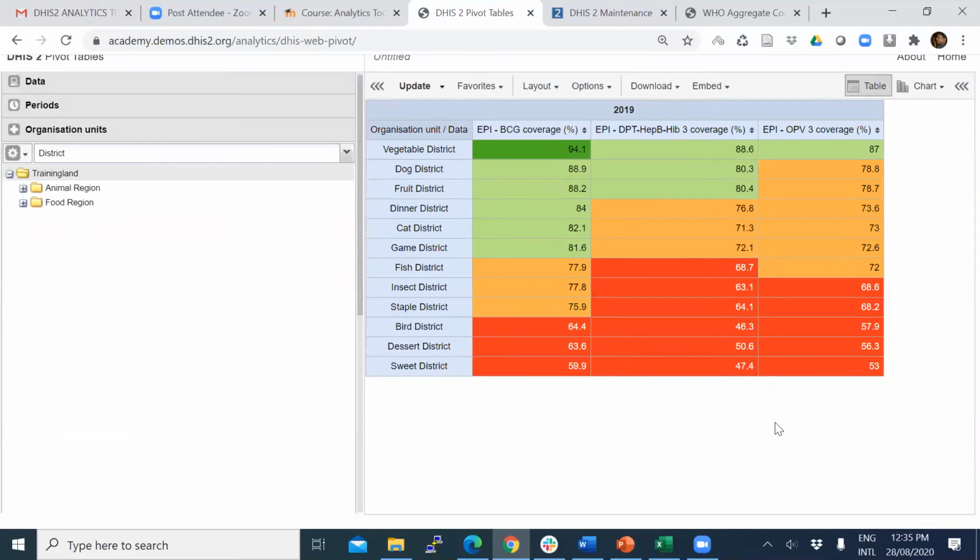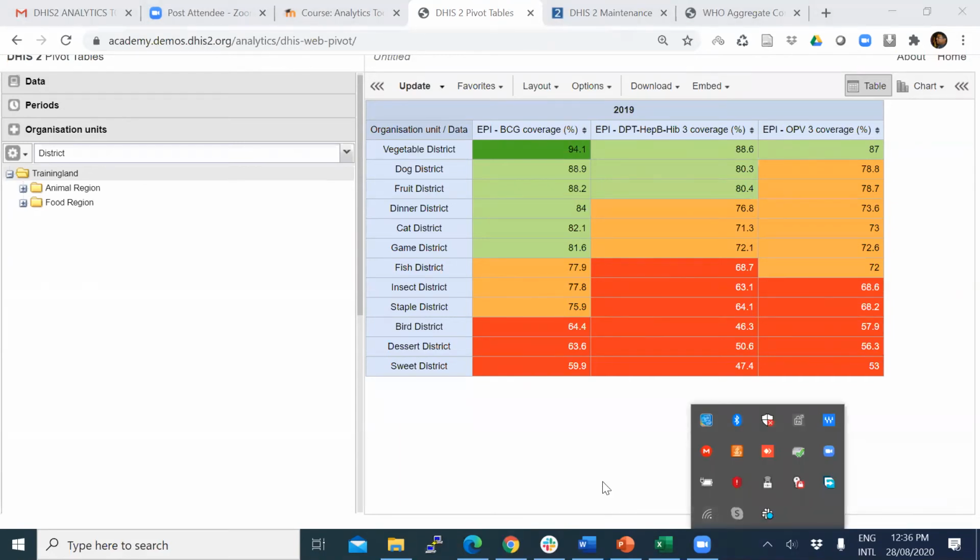Vegetable district is the best performer, but when you take over 100 performance, the EPI BCG coverage in vegetable district is closer to 100, but all other things need some improvement, while a lot of improvement is needed in terms of EPI coverage. You can talk for 1 hour on this simple table with legend. So this is how you apply a legend to your pivot table.